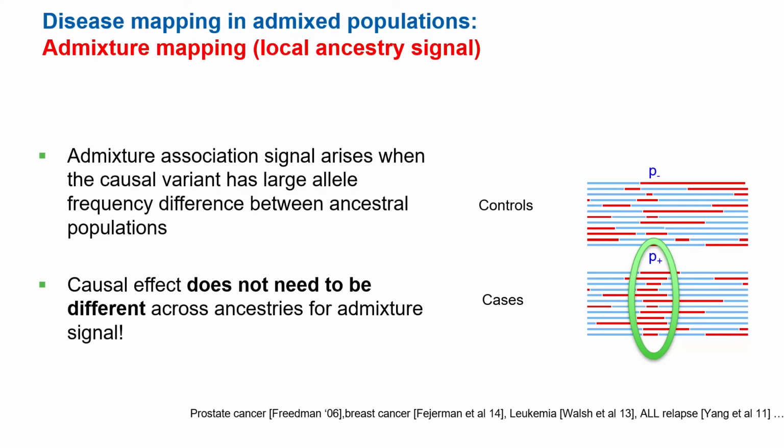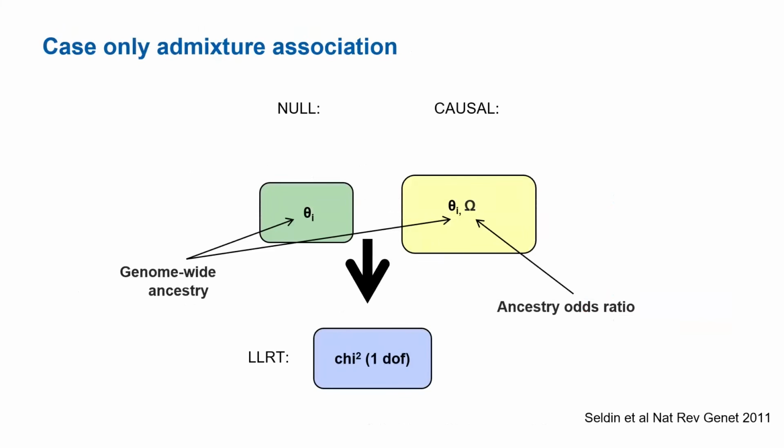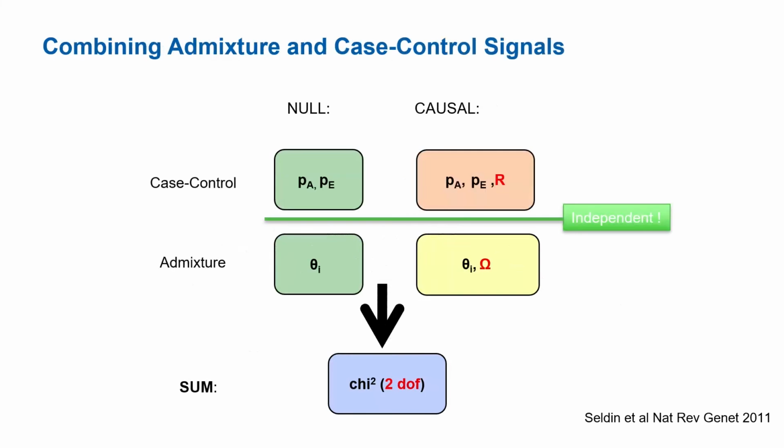And for those of you that are junior in the field, this was actually one of the first ways to do disease mapping even before GWAS. So it's kind of interesting that now we're in some ways getting back to it and trying to merge it. We can exactly follow the same kind of paradigm where we can write a likelihood ratio test where under the null, there's no effect for the local ancestry. Under the alternate, there's an effect for the local ancestry. And we can write, again, a 1 degree of freedom test that would be essentially equivalent to running a regression between the phenotype and the local ancestry status in the case of the individuals.